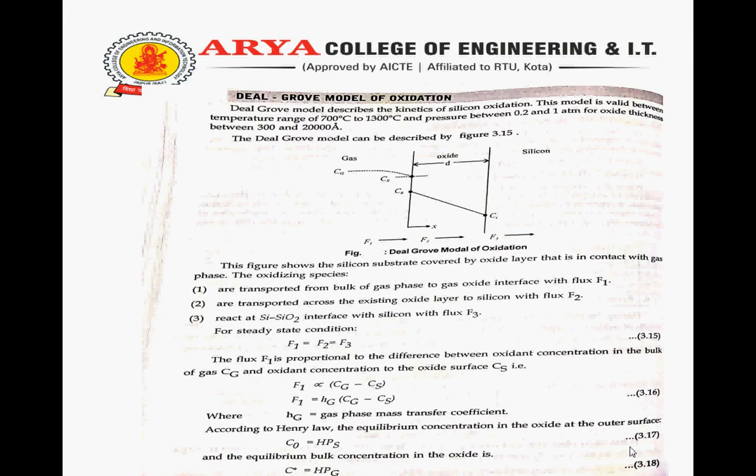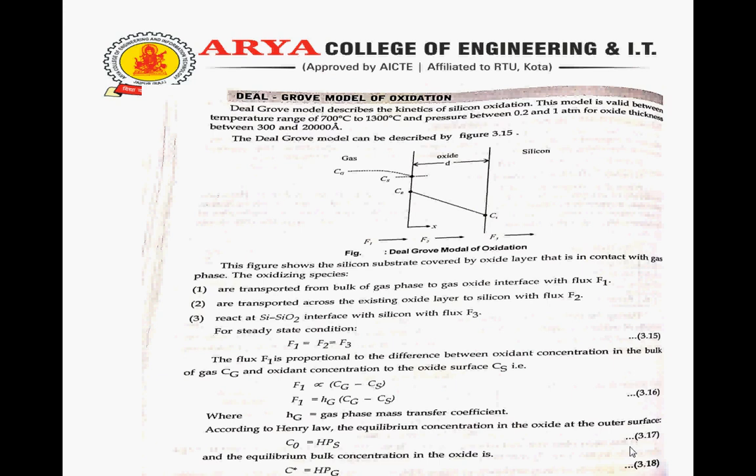The figure shows the silicon substrate covered by oxide layer that is in contact with gas phase. The oxidizing species first are transported from bulk of gas phase to gas oxide interface with flux F1. Second, are transported across the existing oxide layer to silicon with flux F2. Third, react at the SiO2 interface with silicon with flux F3. At steady state condition F1 equal to F2 equal